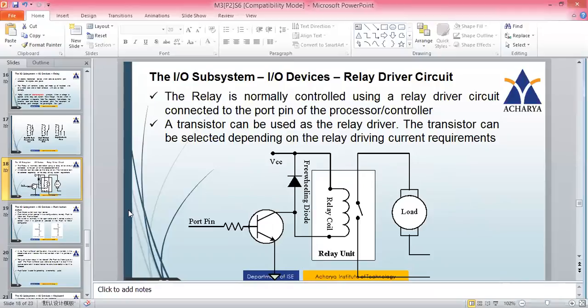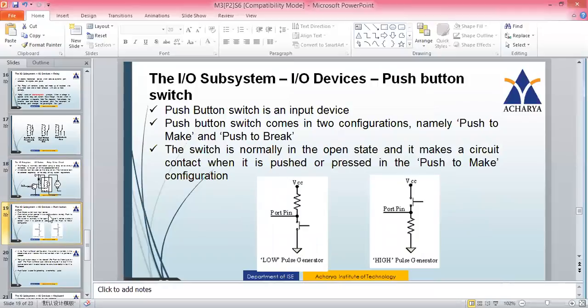Now let's go to the next type of switches, called push button switches. Probably you would have seen these push button switches in torches, old torches. You are pushing the switch forward and back and forth. Maybe right now you don't make use of torches much, but a few years back we were making use of torches where we widely use this push button. So the push button switch is an input device.